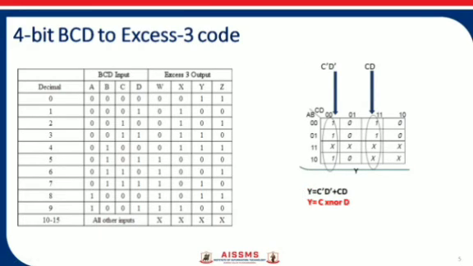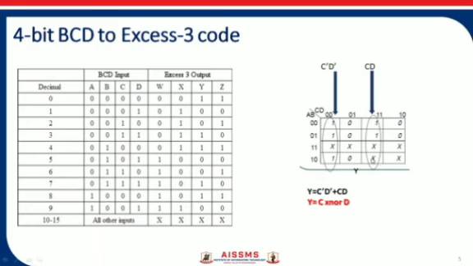Now we'll move to the Y. Again, with respect to the A, B, C, D inputs, we have to put the values of the Y column. So because of don't care, we are able to make a grouping of 4 ones, and here the second grouping of 4 ones. Between these 4 rows there will be nothing common, but because of a single column, C bar and D bar will get reflected in the expression.